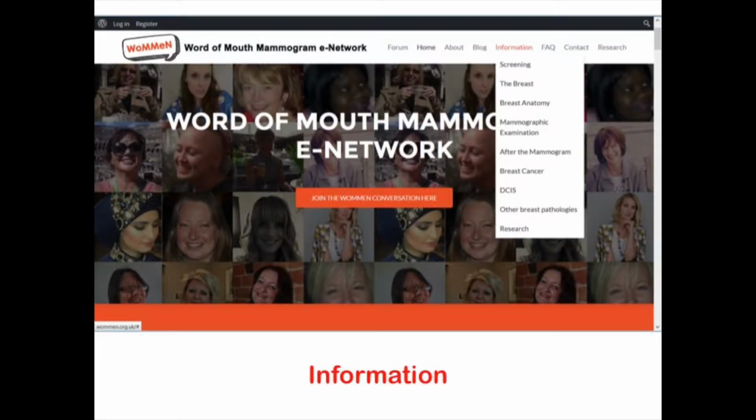In terms of information, we've got a drop-down box, and all of the subjects there are the subjects that patients told us on the closed Facebook group they wanted. So we've really been able to produce a hub, a resource that we feel is designed by people for people. So designed by the public for the public, and designed by practitioners for practitioners. So that's where we're at in terms of the hub. It was launched in 2015.